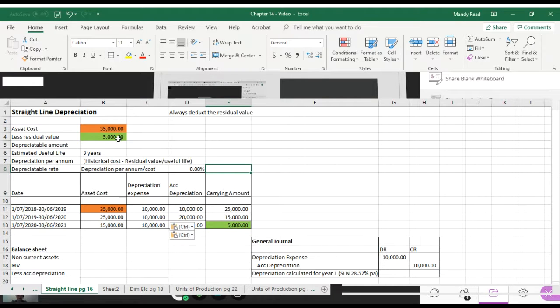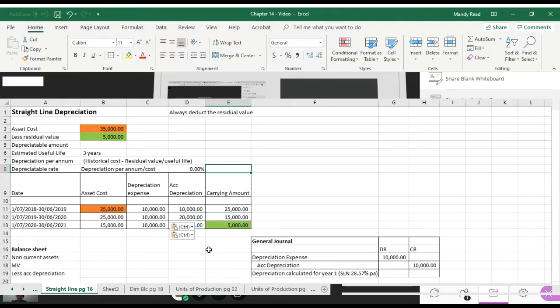You'll see I've color coded it green, which shows that our closing written down value on the depreciation schedule is the same as our residual value. That's why when we created the schedule, we started off by entering the historical cost of the asset. Every time you have an asset in a business, you create a depreciation